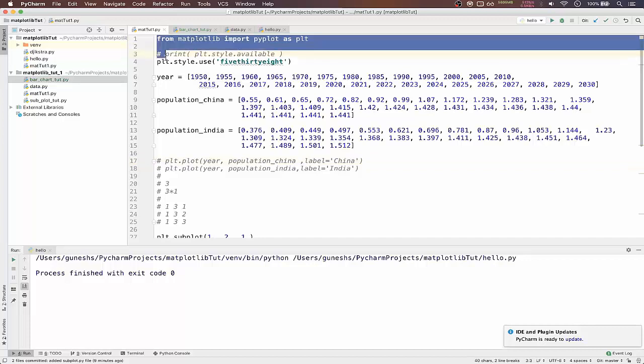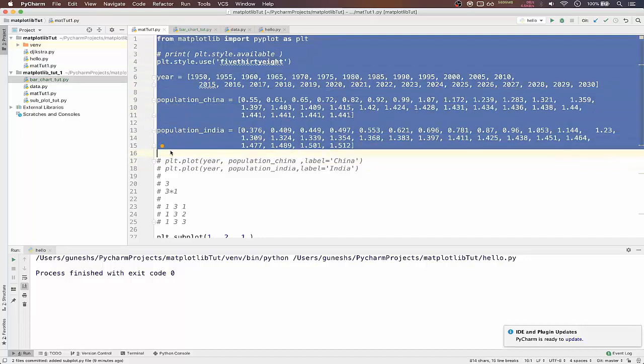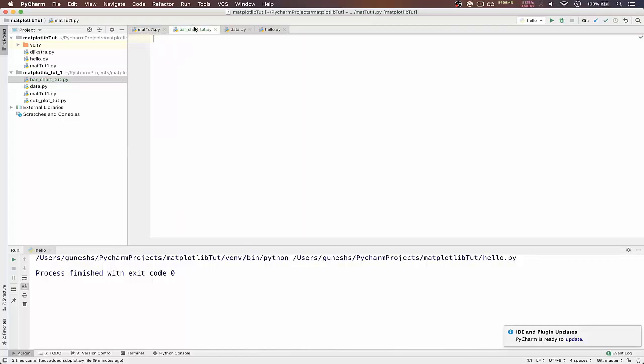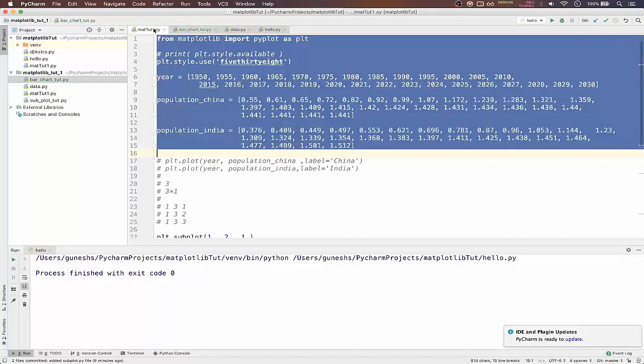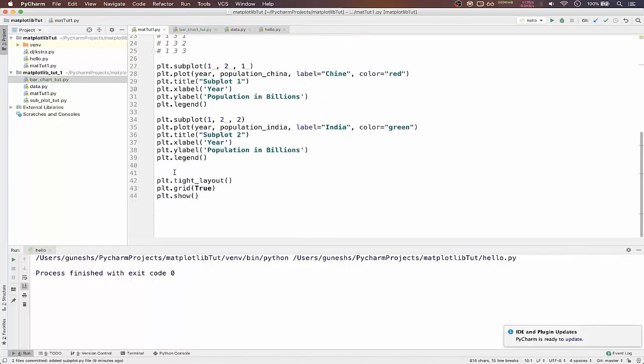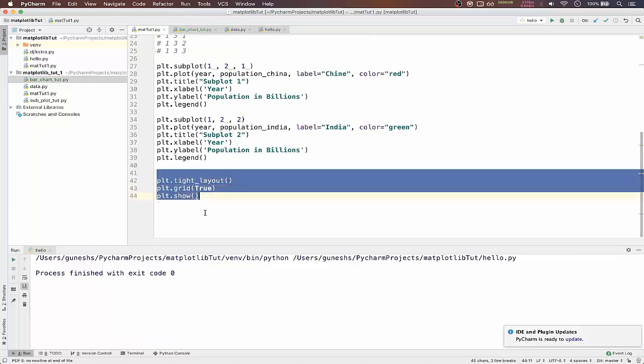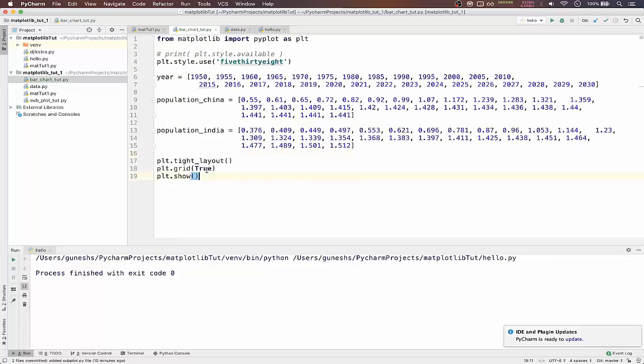We'll copy the data from our main file to the bar chart. Okay, that is year, population, China, India, and we'll get ending lines. Place it here. Okay,